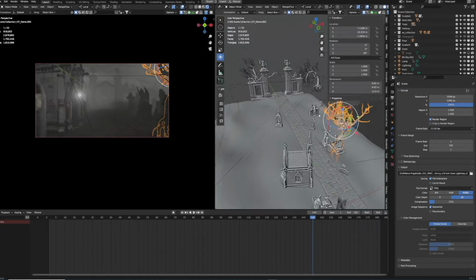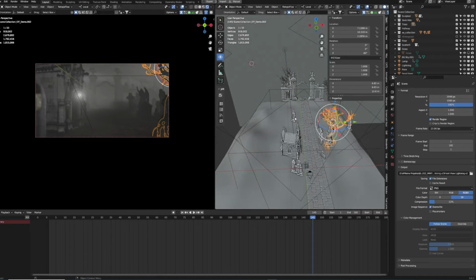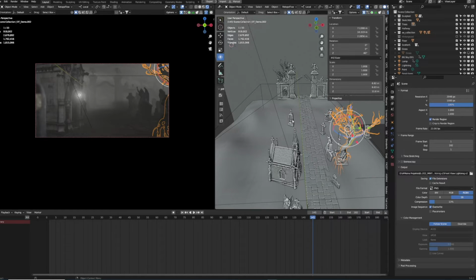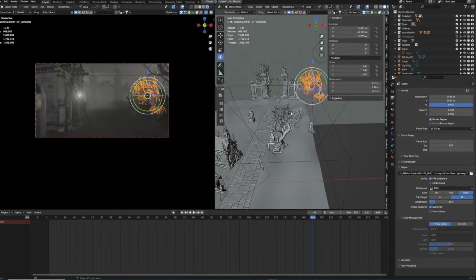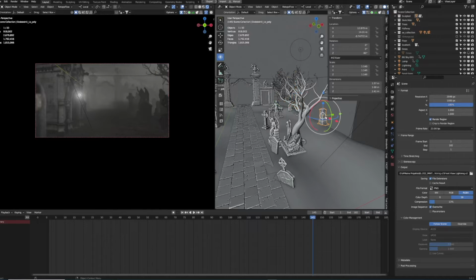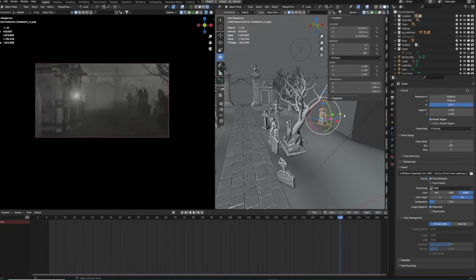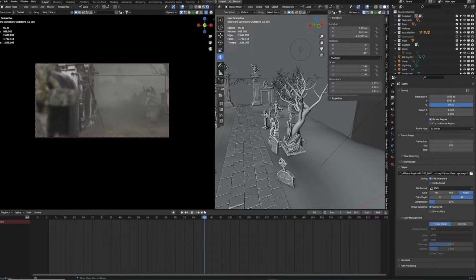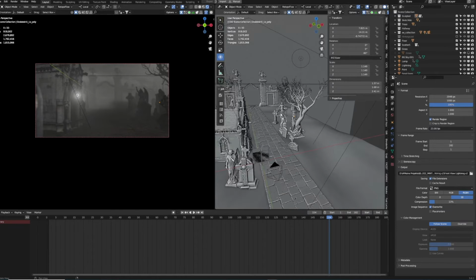Next, I changed the tree, which I think was here, and put it over to this one. I cropped a little bit of the plane because I don't need it that wide. And I think I've added this tree here in the back, and furthermore some more elements in the background, even though this one is not seen anyway. Oh no, it's not. So maybe we can put it like here or so. Yeah, so I changed a few settings